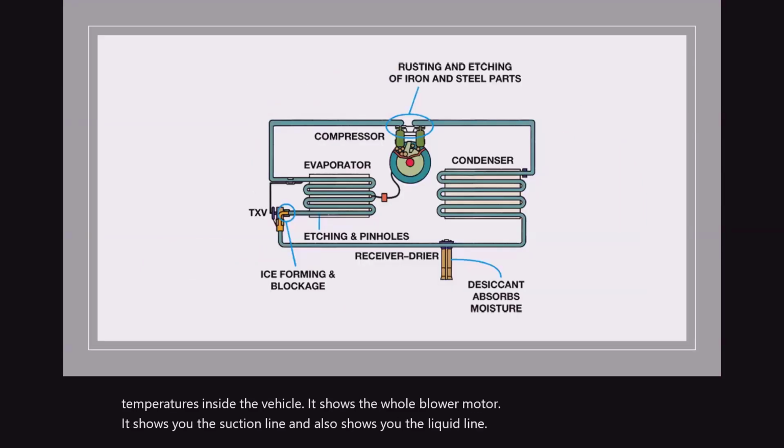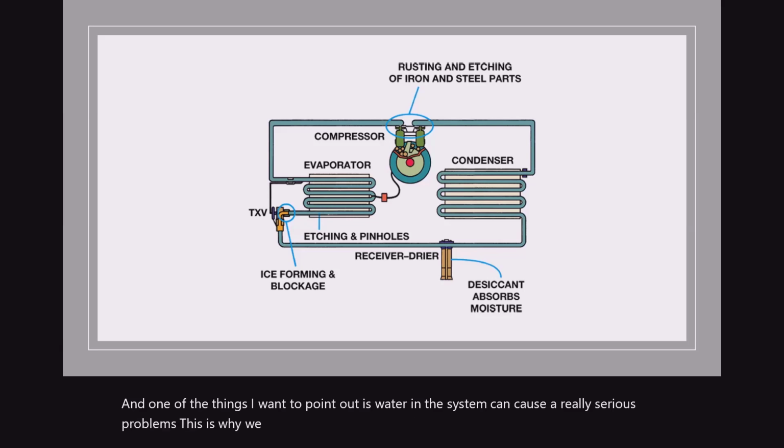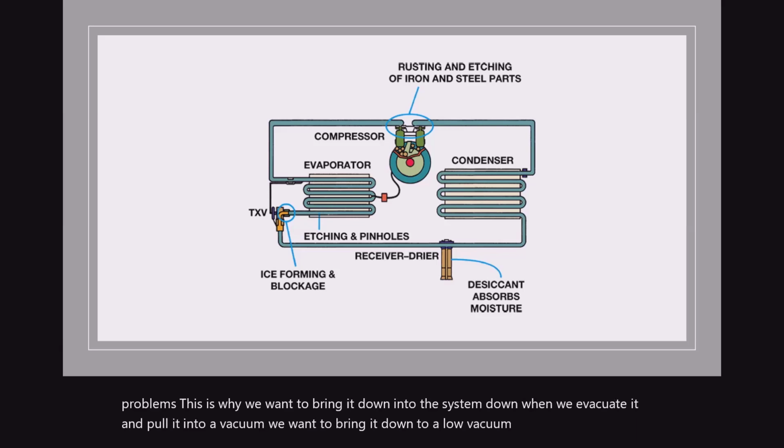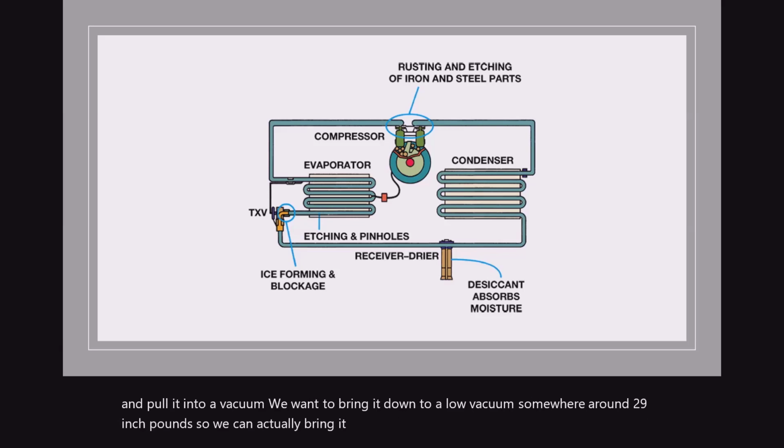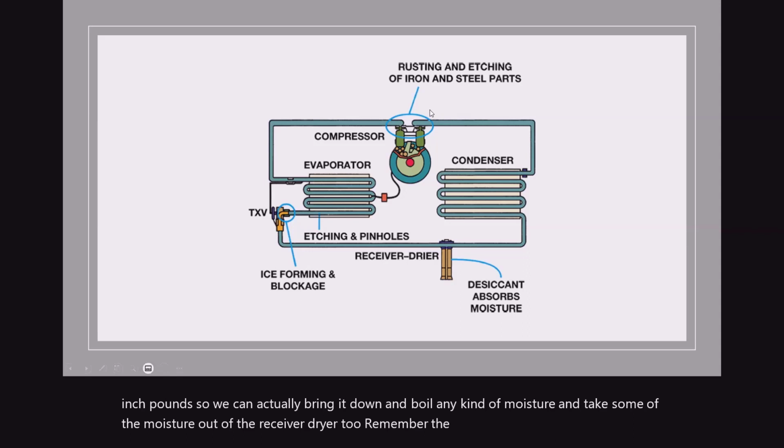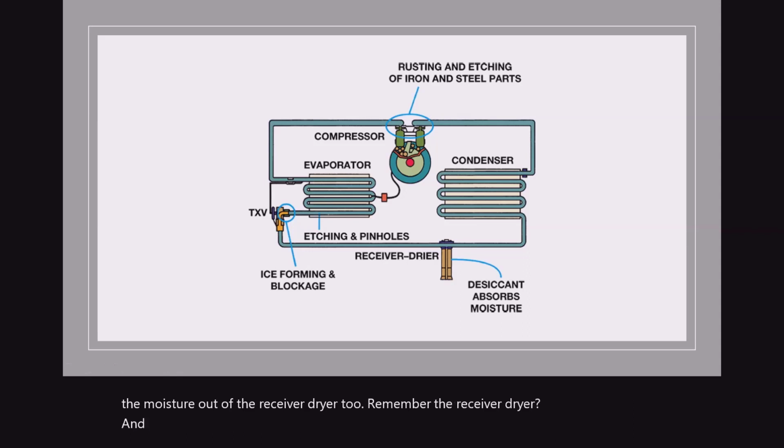One of the things I want to point out is water in the system can cause really serious problems. This is why, when we evacuate it and pull it into a vacuum, we want to bring it down to a low vacuum, somewhere around 29 inches, so we can boil any kind of moisture and take some of the moisture out of the receiver dryer too. Remember, the receiver dryer and the accumulator have a desiccant in them, which actually absorbs